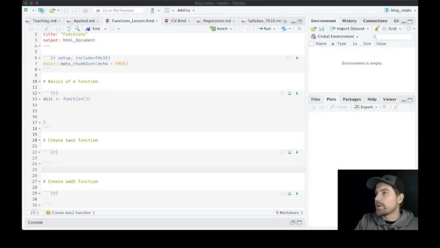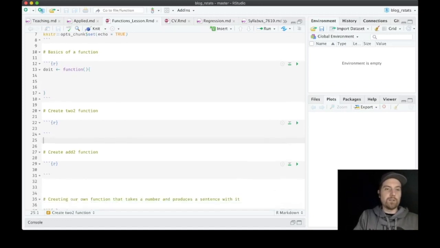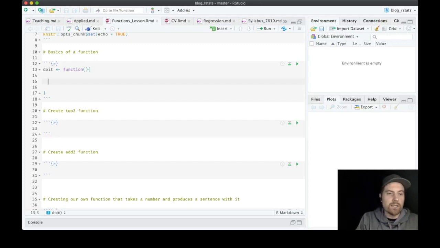So we pull up RStudio. And in RStudio, I have our little doit function. This one we're just going to leave empty. It's just going to remind us of the pieces that go into a function. So first thing, let's create the to2 function. We just did to2,